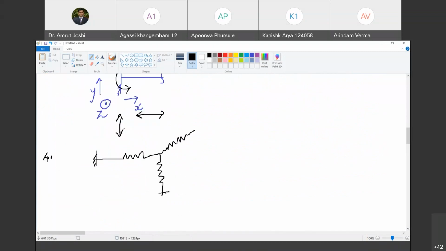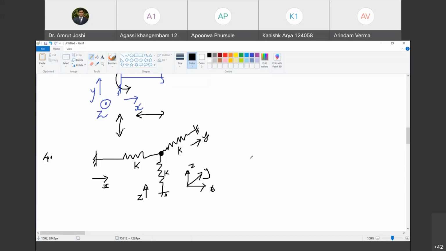Now let us have a look at this kind of support. This is a spring with stiffness K. Are you with me? Yes, sir. So all of you must have used a ball pen, so you know its spring. You can imagine that one spring is oriented along X, another spring is oriented along Z, and another spring is oriented along Y. So these are the three directions: X, Y, and Z. Happy? Yes, sir. Let me redraw these dimensions here. So this is X, this is Y, and this is Z. Happy? Yes, sir.